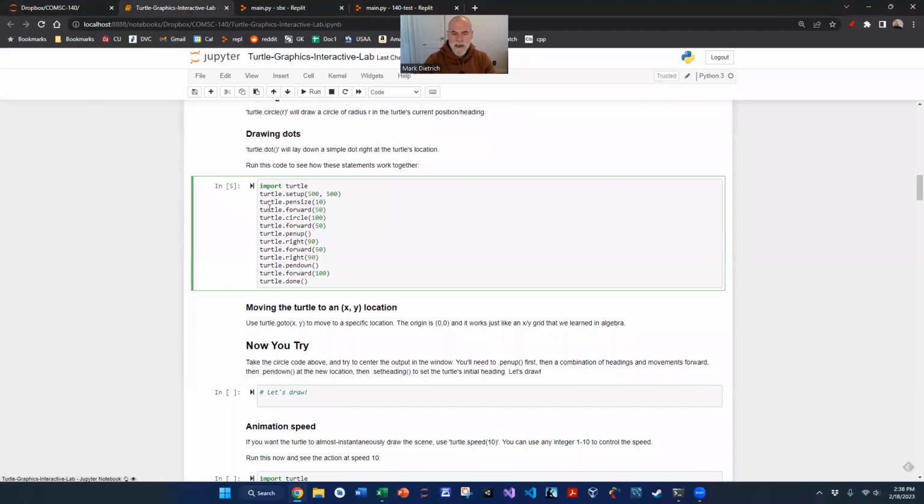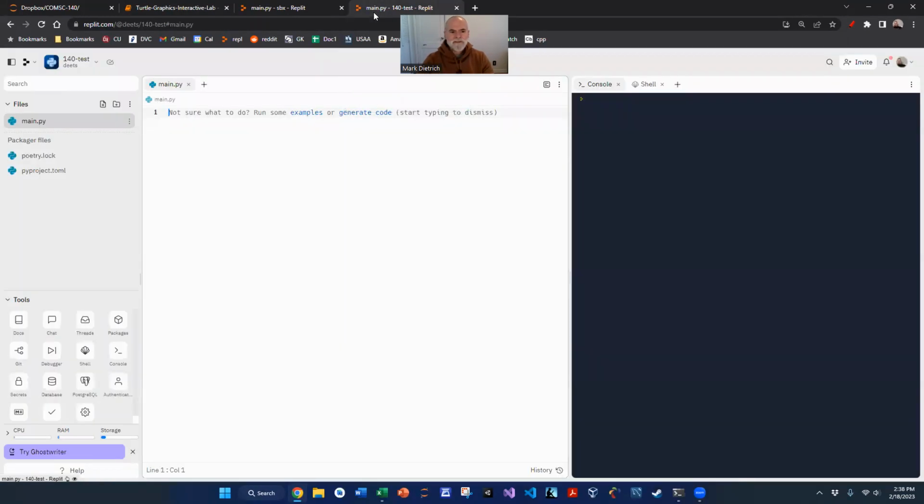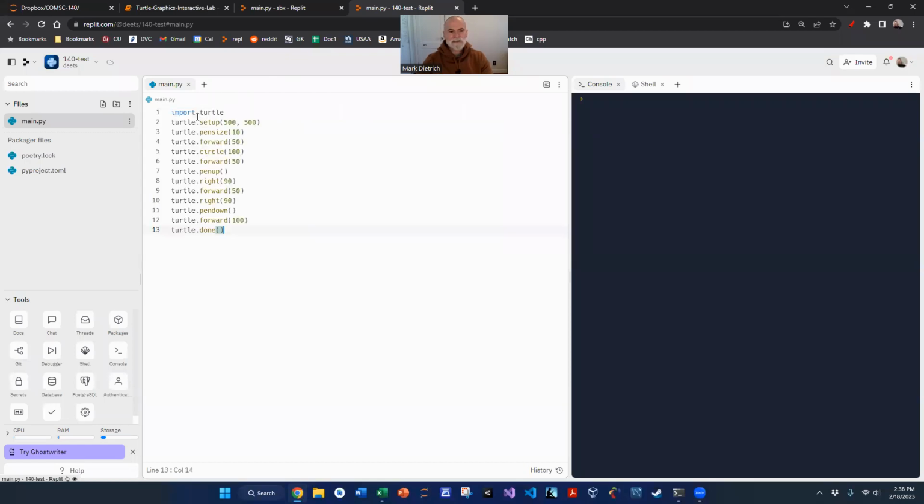So we can take any of our code over here in our Jupyter Notebook lab, and if you click once in the cell and hit Control A, it will select all of the code in that cell, and then separately hit Control C to copy. So again, that's Control A to select all and Control C to copy. And then if you just go over and paste that code into Replit and press the big giant green run button,